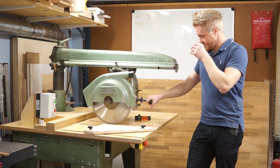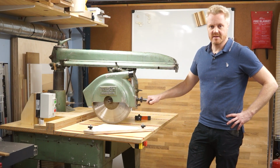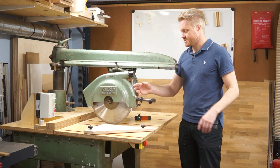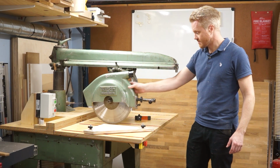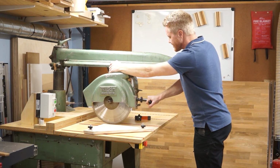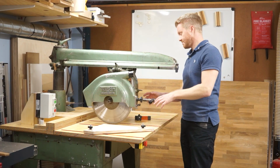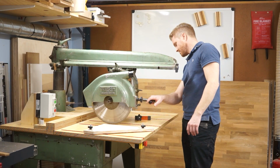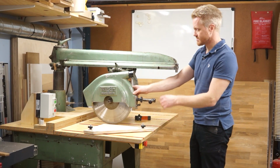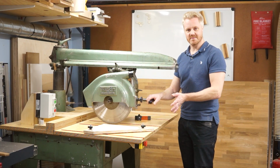This saw also supports any traditional radial arm saw moves or configurations. What that means is that you can rotate this saw head 90 degrees. You just release this lever and it will be able to rotate. Actually, I think it can rotate up to 360 degrees. But typically, you would just rotate it 90 degrees, and you can use it like a sort of inverted table